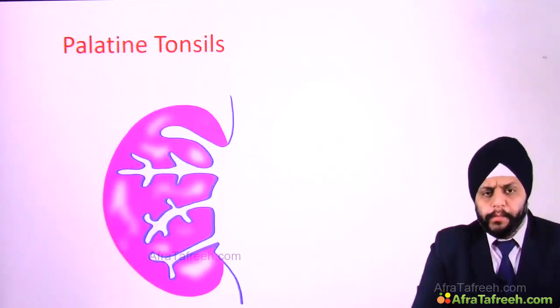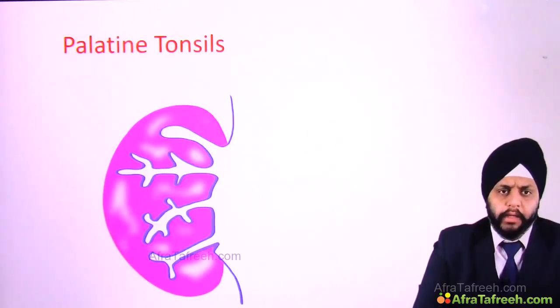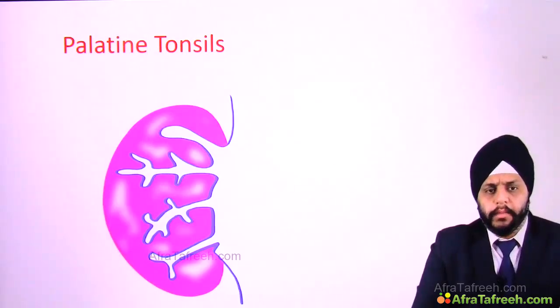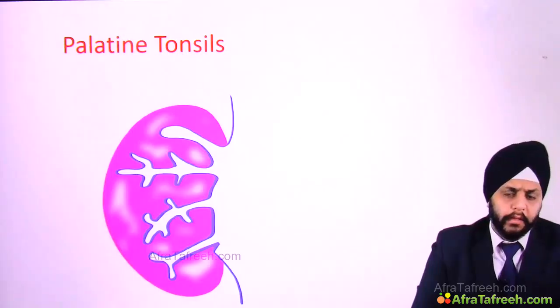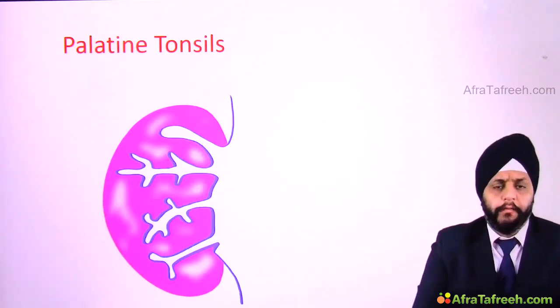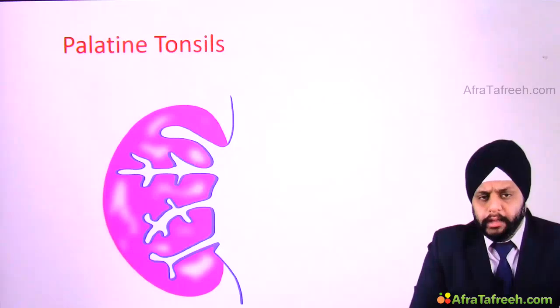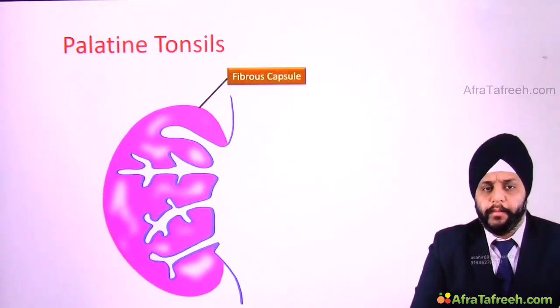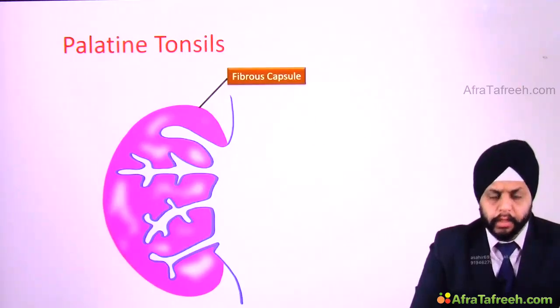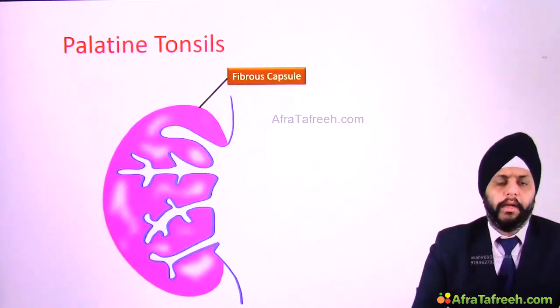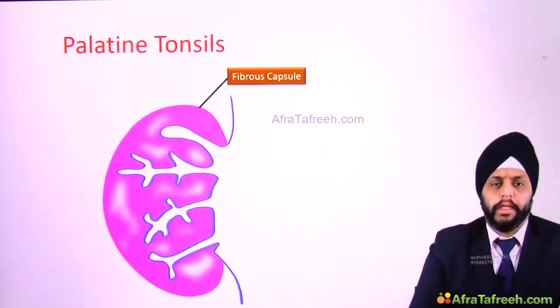They are the most important structure in the oropharynx, the palatine tonsils. They are one on each side. Now how are these tonsils different from other lymphoid tissues in the pharynx such as adenoids? They are different because, unlike the adenoids, they are covered by a fibrous capsule. Remember, adenoids and lingual tonsils are not covered by any capsule, but the palatine tonsils are covered